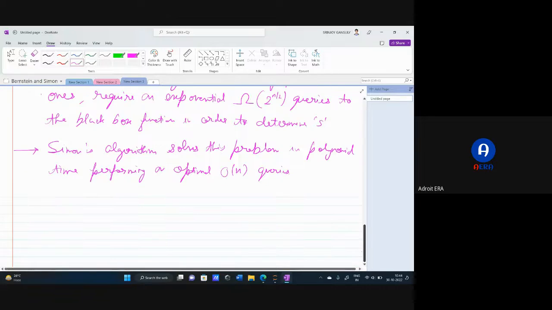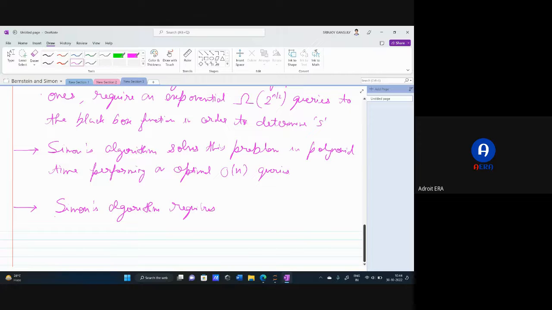Then one last point, and then we will move to the circuit derivation. Simon's algorithm requires some processing at the end, solving a system of equations. This step is for the period finding. Simon's algorithm requires some processing